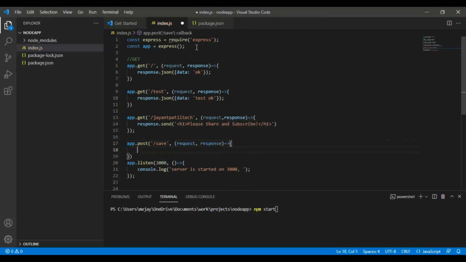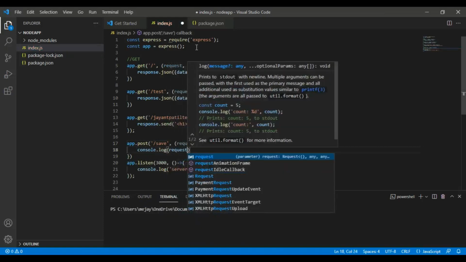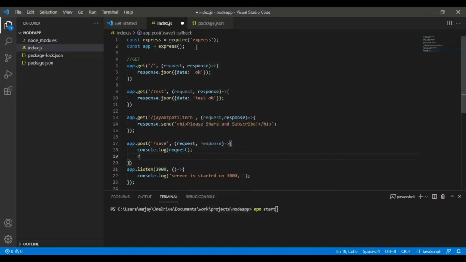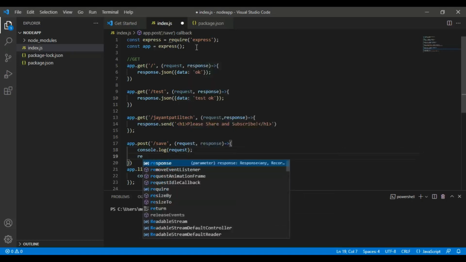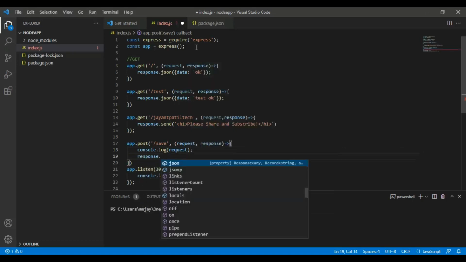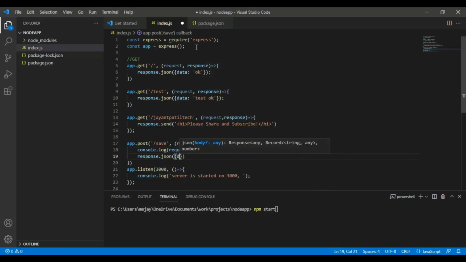Here you can see I'm going to console this request, and we are sending some response to Postman. Here you can see data something. Okay, so here once we do this, we can see request is holding parameters and body.